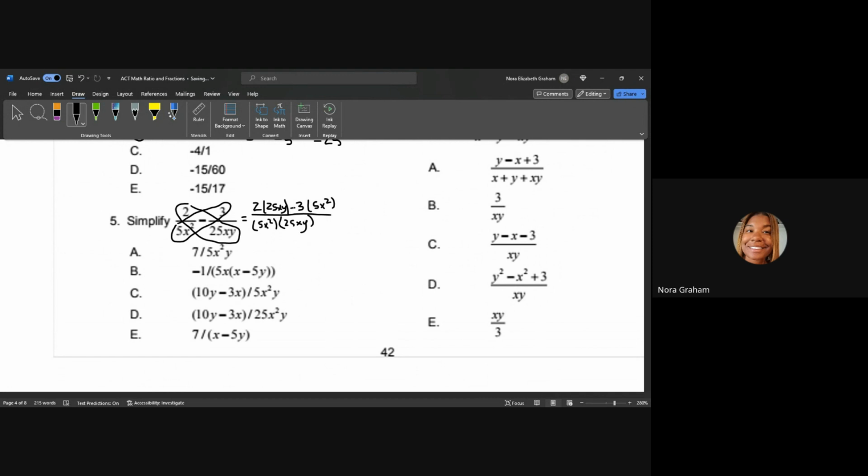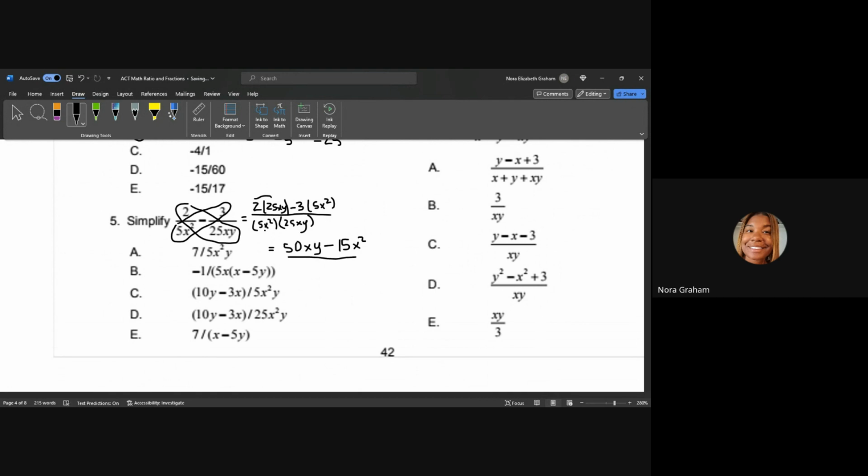I'm running out a little bit of room, but that's okay. Now I want to simplify this down. I can distribute this 2 across. So 2 times 25 gives me 50xy. Minus 5, 10, 50, 15x squared. And this is all over